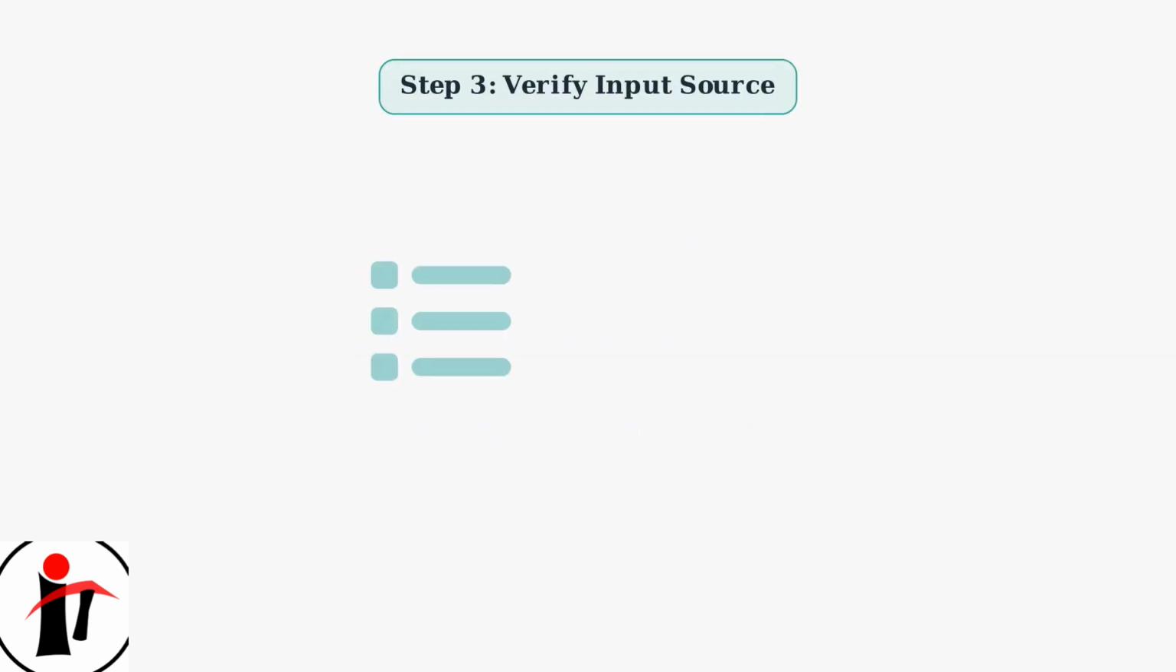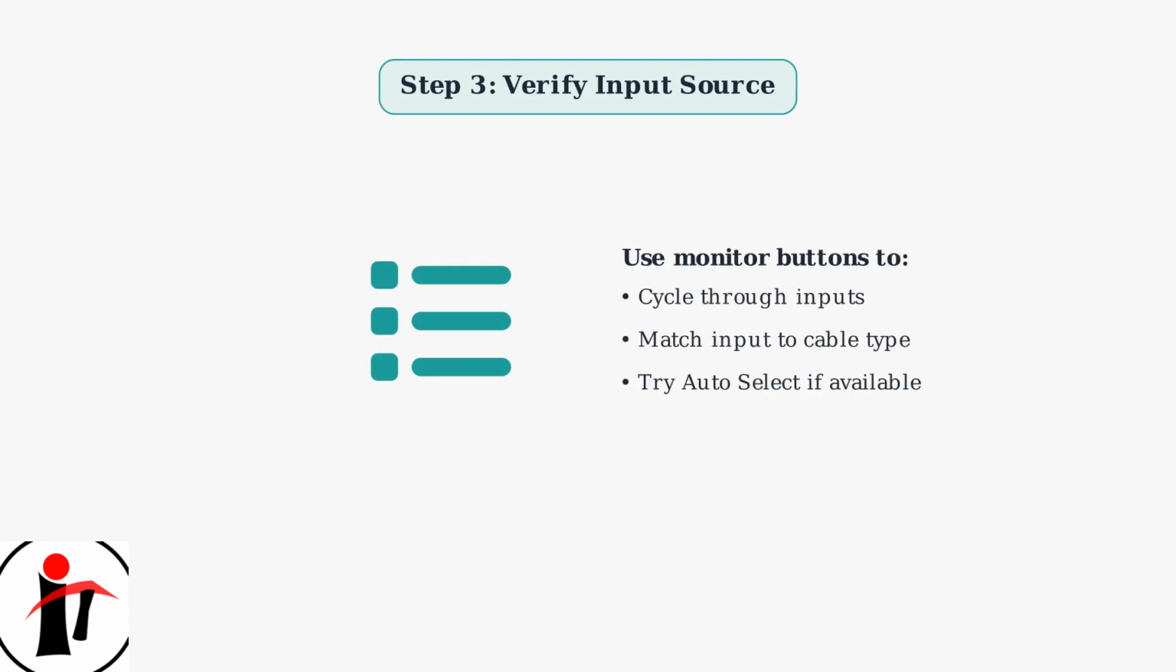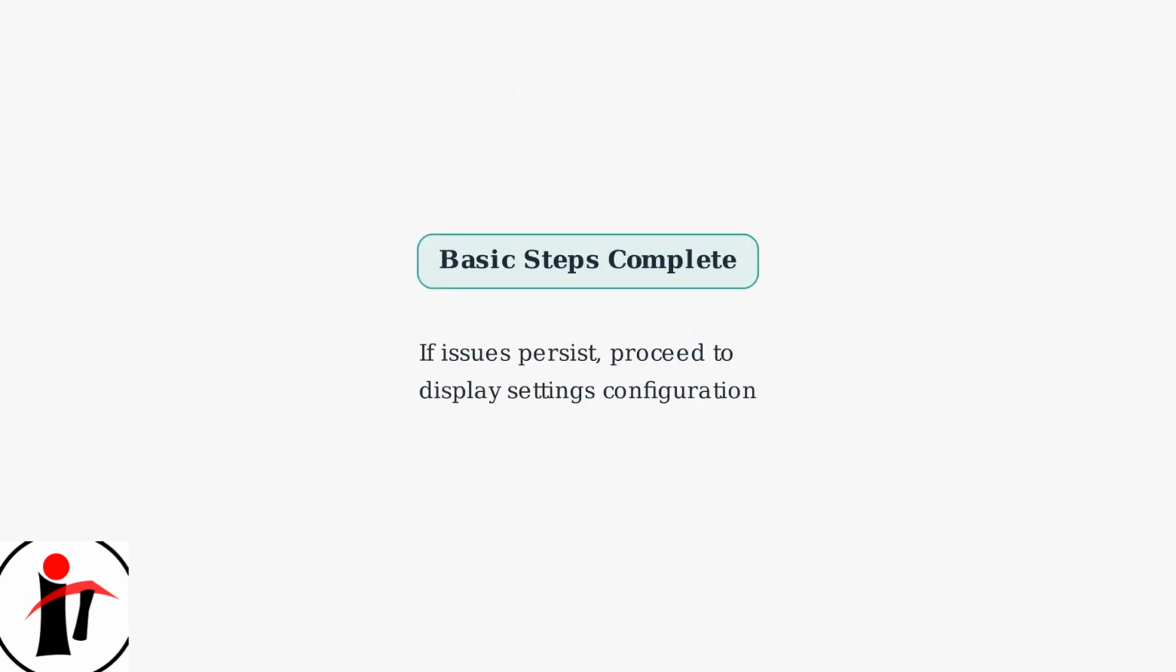Step 3. Verify input source selection. Use your monitor's input or source button to cycle through all available inputs like HDMI, DisplayPort, VGA, or DVI. Make sure the selected input matches your connected cable type. If these basic troubleshooting steps don't resolve your connection issue, you'll need to move on to display settings configuration and